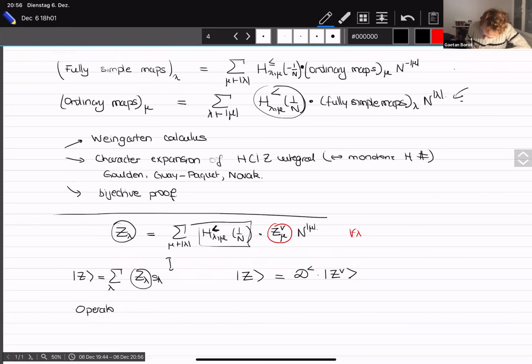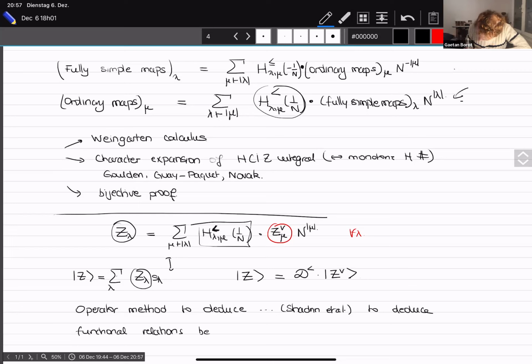And then you can use operator methods to deduce, with a lot of heavy computations, that's using the method of Chadwin et al., actual functional relations between WGNs,